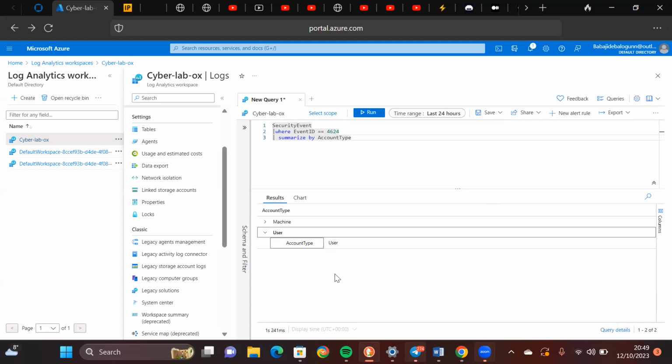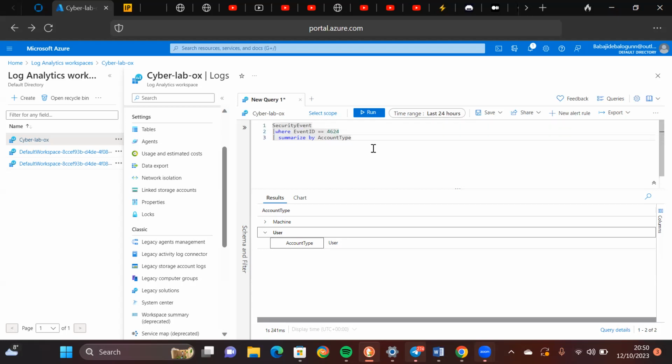So these query sims, they are the best because they give you flexibility to do what you want to do, what you want to see. Again, this depends on how much KQL you know. So you can do anything that you want to do, subject to the KQL that you know. So you can say, okay, I want to see where event ID is equal 625 and